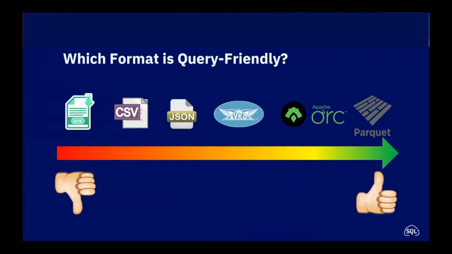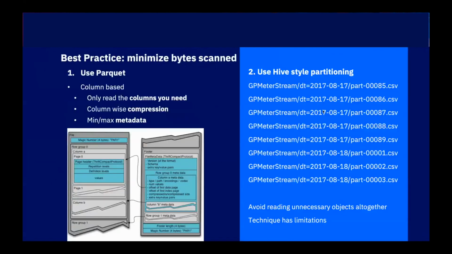And then there are more sophisticated formats like Avro, ORC, and Parquet. Especially ORC and Parquet are recommended because they are columnar-oriented, which means the data is stored column-wise in the individual objects of those formats. That gives us a lot of structure in those objects to say, I only need the following columns to read. So we don't have to read the full object if we just want to select columns A, B, C. The optimum that we recommend is Parquet, one of these columnar formats, which allows us to read only the columns that are really needed.